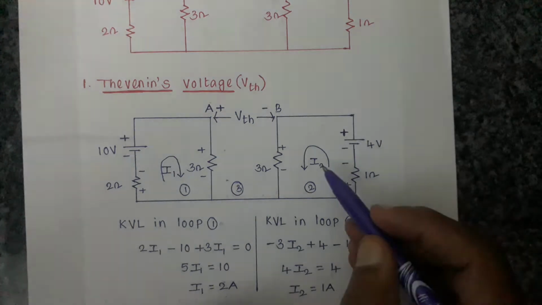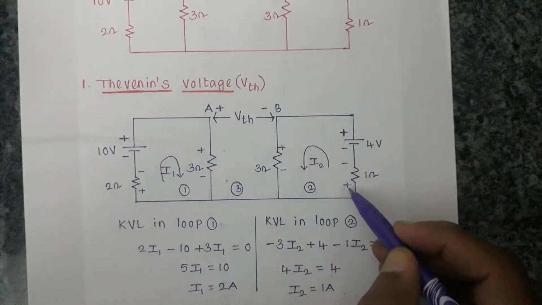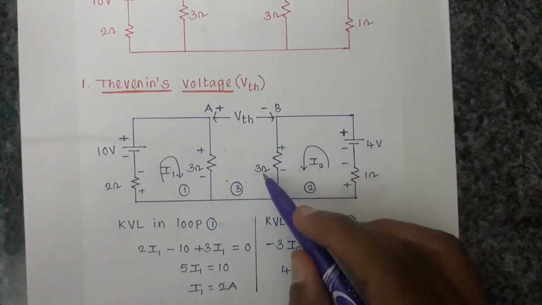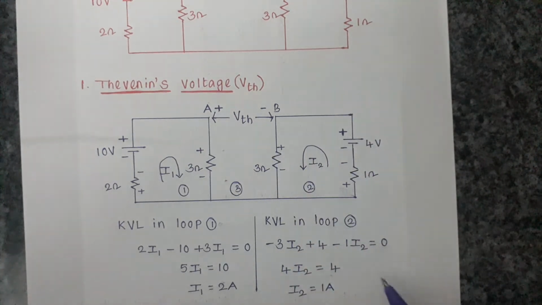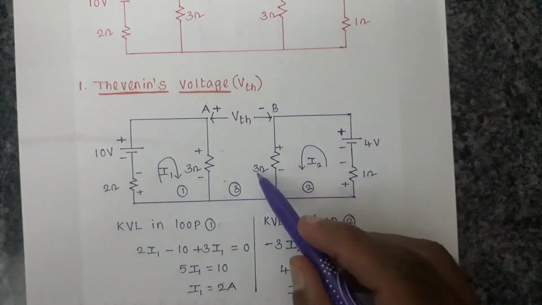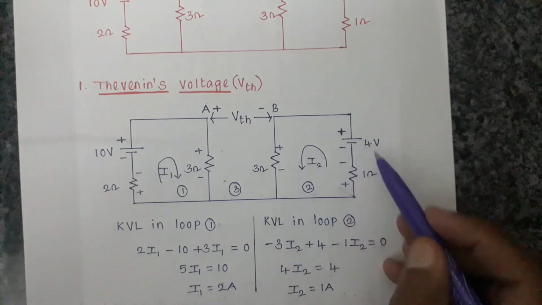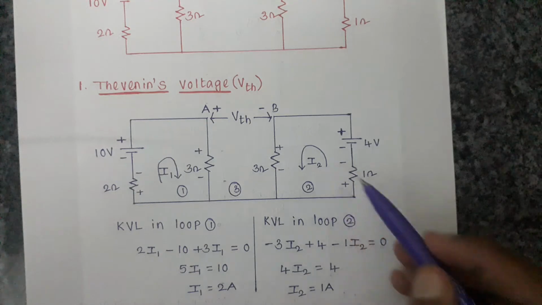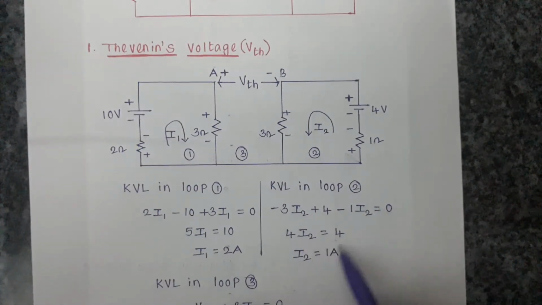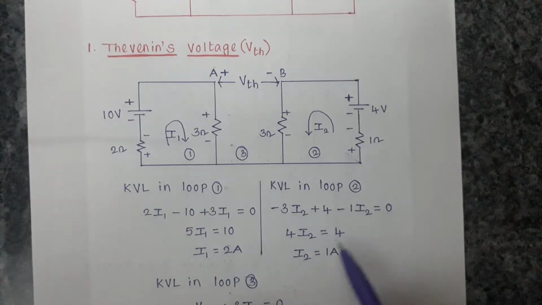If you go in the other direction, that becomes plus 1 into I2 minus 4 plus 3 into I2 equals 0. Both are the same. If you solve this equation with one unknown, you get I2 equal to